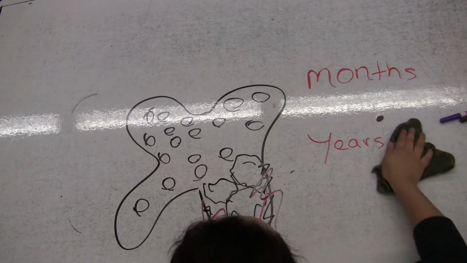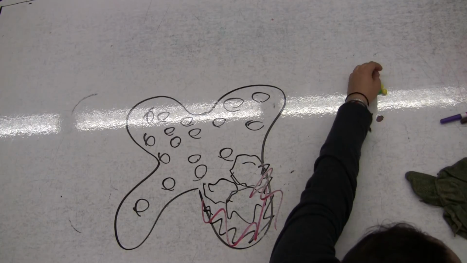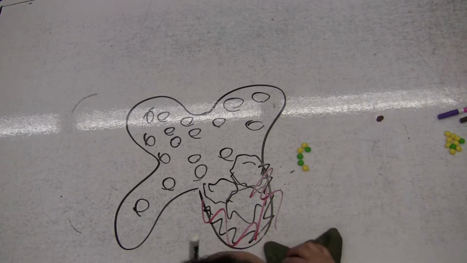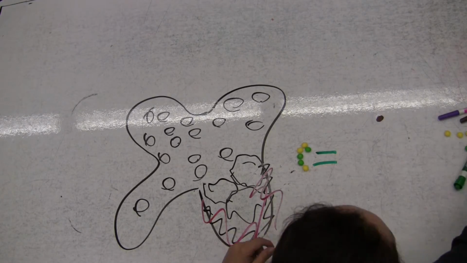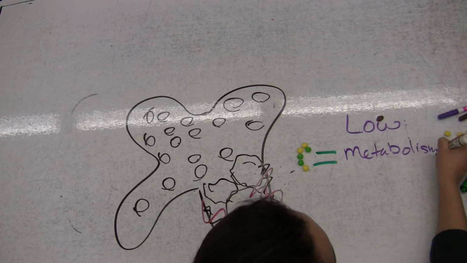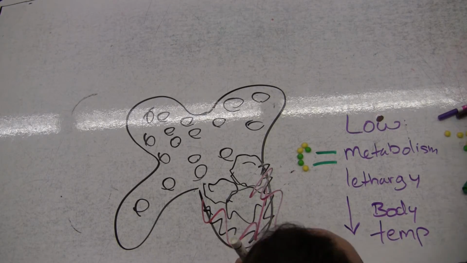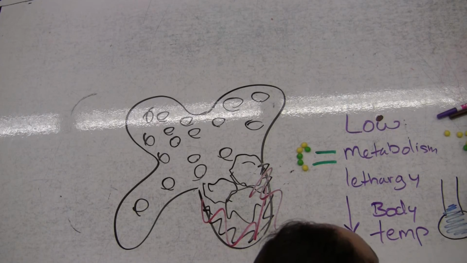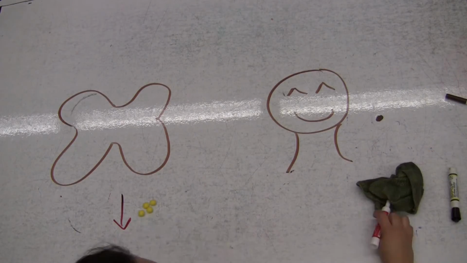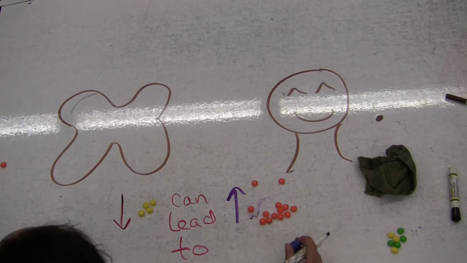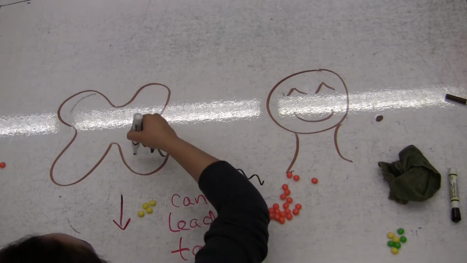The decrease in thyroid hormone is followed by a decrease in energy metabolism and heat production. The individual will develop a low basal metabolic rate, cold intolerance, lethargy, and a slightly lowered basal body temperature. A decrease in thyroid hormone can lead to excessive TSH production, which stimulates thyroid tissue and can cause the development